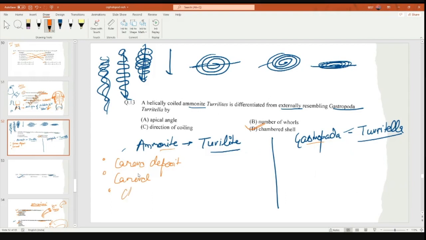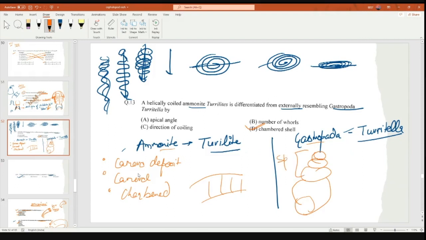Ammonoids are chambered, like the shells are chambered, but in the case of gastropods they are not chambered, they are just spire. Okay, these are the spire, and the last one wall is known as the body wall. These are the body wall and this one is the spire. So they are not chambered, just one coil which is twisted. Okay, twist, that's why gastropods show torsion. Remember, torsion is shown by gastropods only.